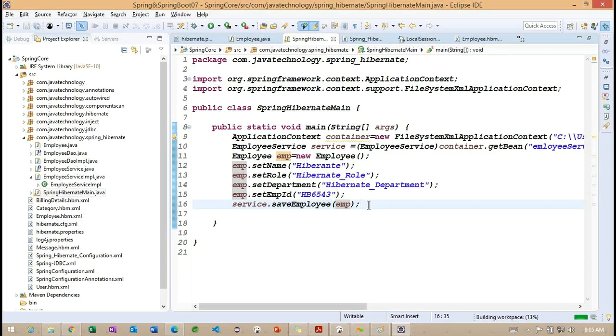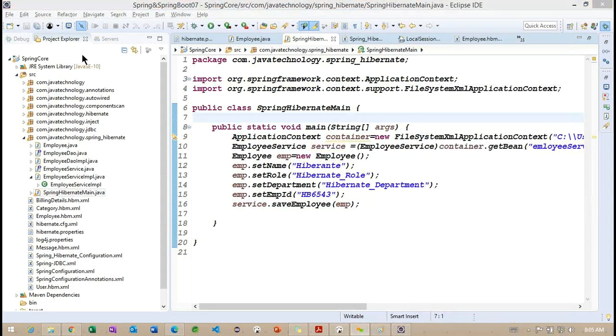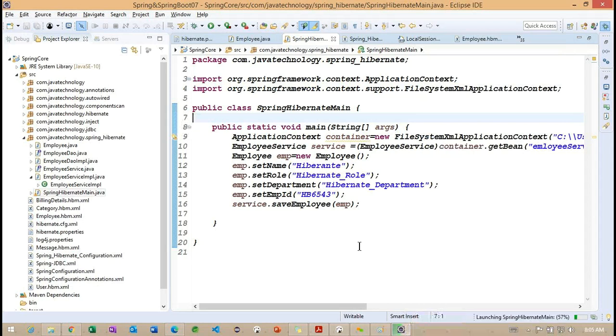Observe carefully what we are doing here. With the reference of this employee service, we are going to call saveEmployee. Let me see whether we saved all the classes or not. We need to save all the classes, and I want to run the same example.